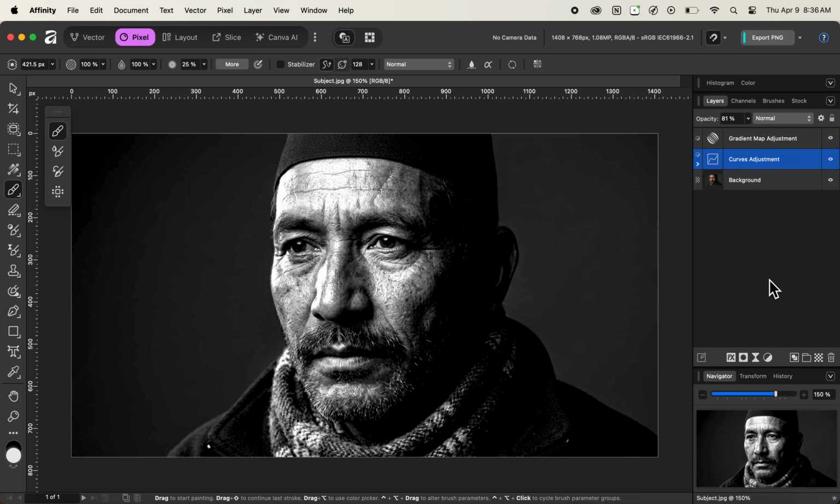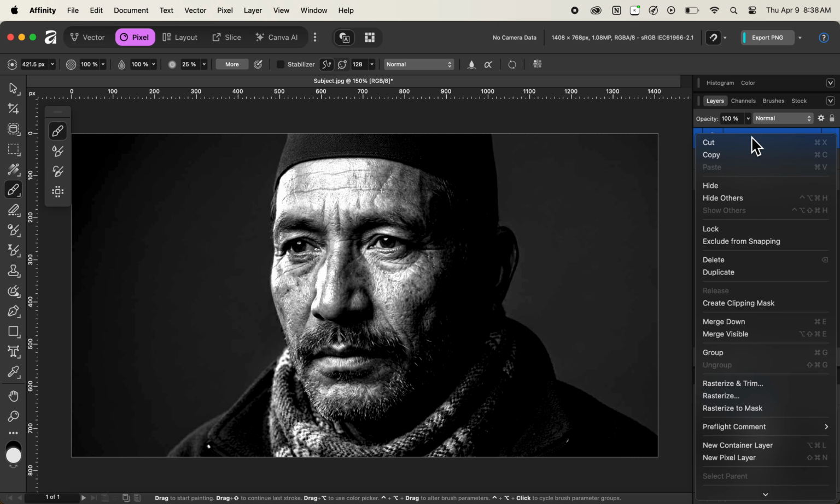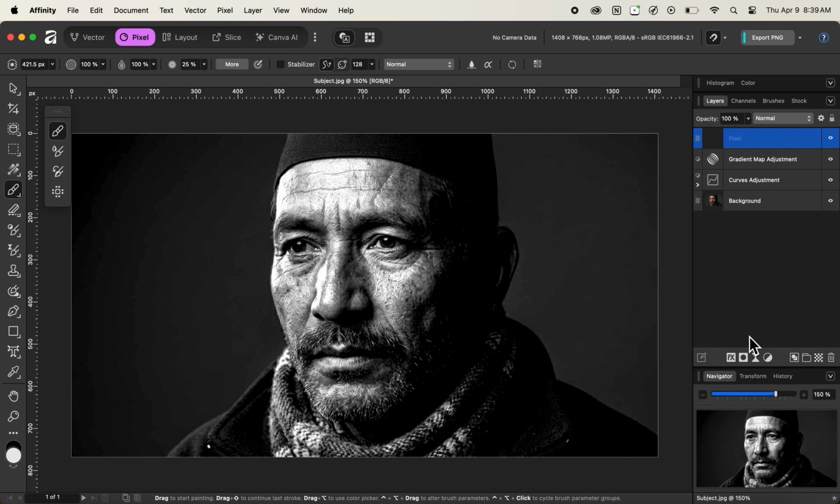And now the third thing that you can do is let us select the gradient map adjustment layer right here, and let us merge every layer inside of one new layer. So in order to merge everything inside of one layer, we can simply right click, and after right clicking, you'll be able to see an option called merge visible. Simply select the merge visible option. Now after selecting the merge visible option, it will merge every individual layers inside of one individual layer by creating